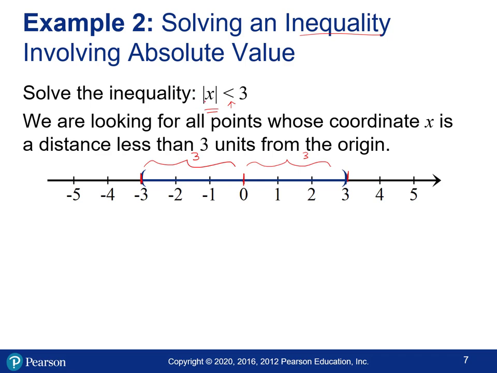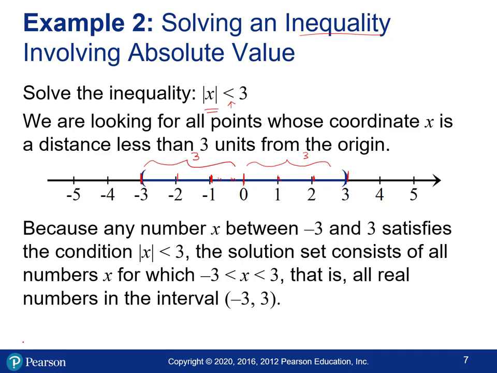But this says anything less than 3 units away. So negative 2 works, negative 1 works, and all the decimal numbers in between work, and also on the positive side. So for these inequalities, we're actually going to get an interval as an answer, or a solution that's like a range of values. So anything between negative 3 and positive 3 is our